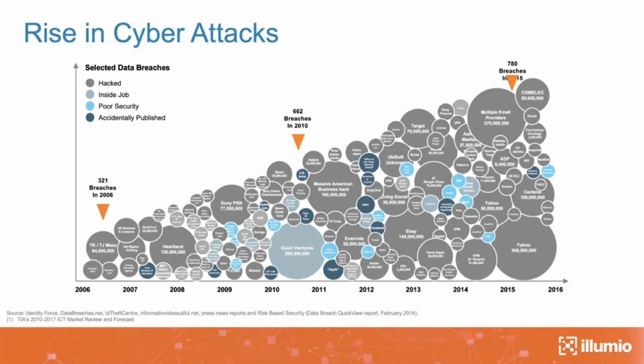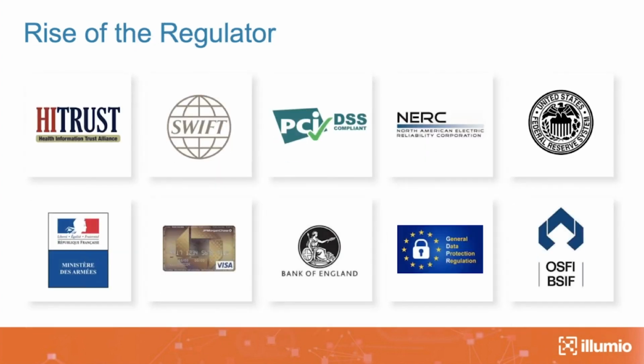And the view in general in the industry is that a lot of money has been spent in the last 10 years on security technologies and products, and the results have not been on par with what customers would like to achieve. And in many cases, it's not a technology problem. It is in terms of how the technology has been deployed, and sometimes it involves people and processes. The third vector, as I see it, is the rise of the regulator.